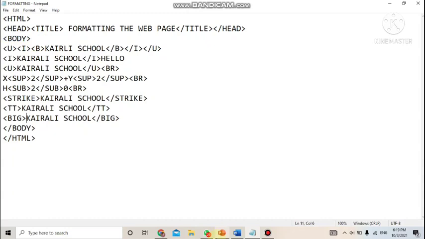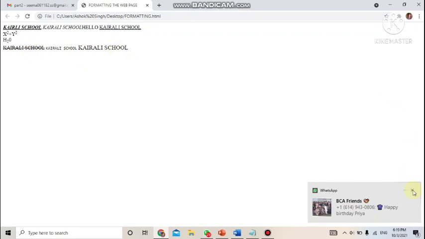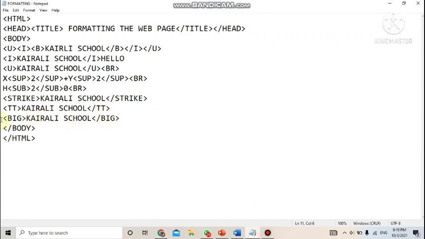File, save and refresh the page. Bigger than the usual size. Okay, so if you want it to be smaller than the usual size, the default size, we'll write that line only. But now we are going to use the small tag. So the small tag helps you to show the text one size smaller.